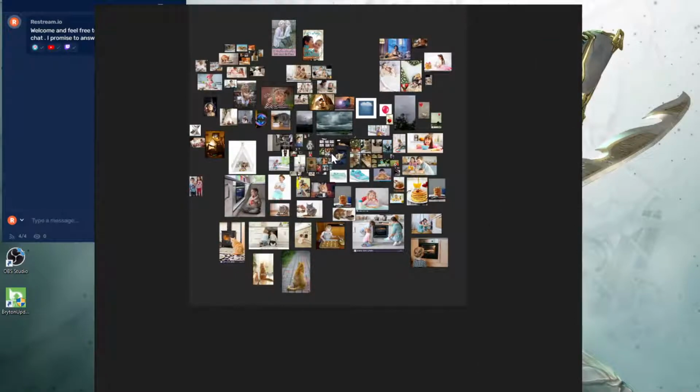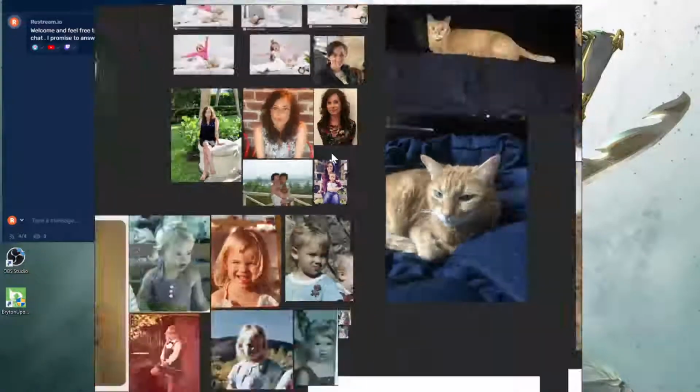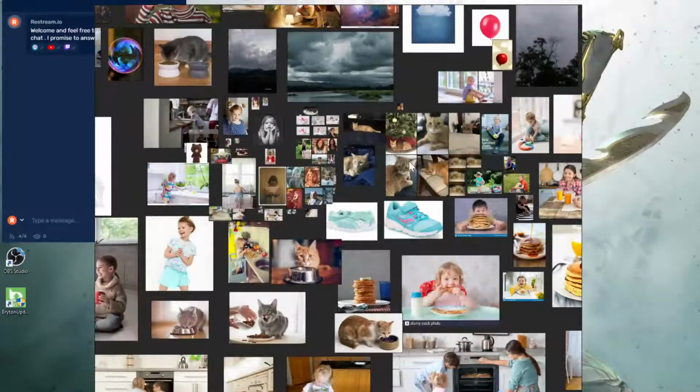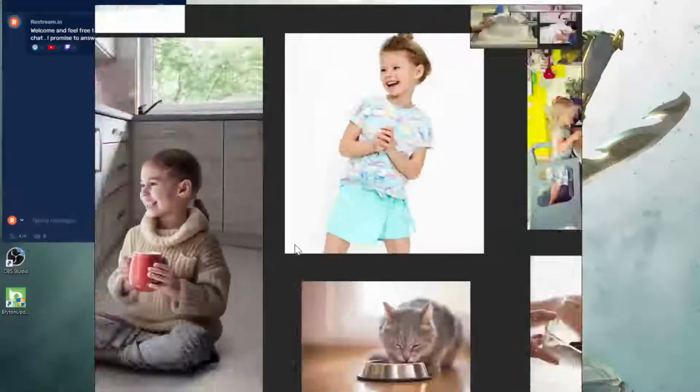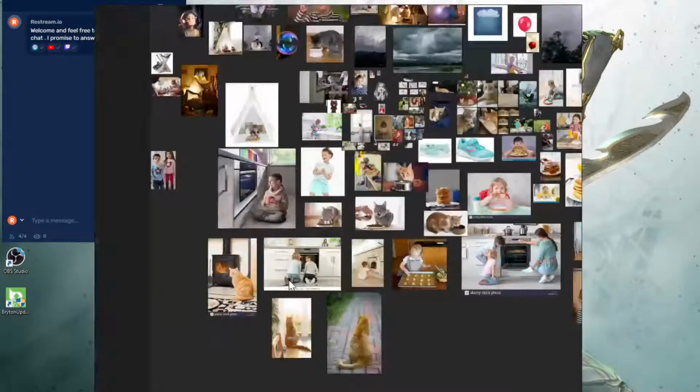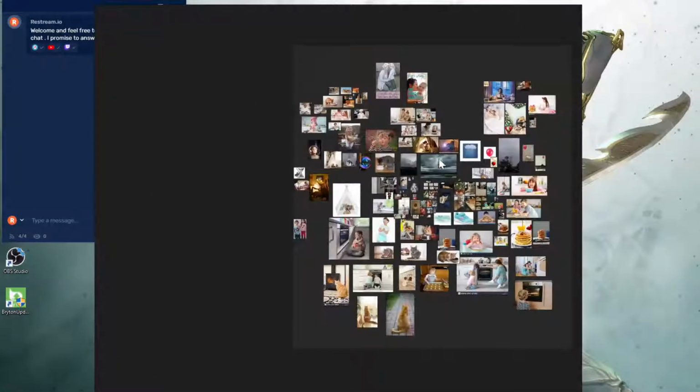This is about a children's book that I was doing, and I needed every single reference for poses, clothes, ideas, kitchens, pets, angles.